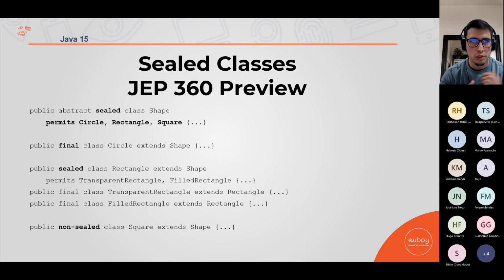So for example, if you have a switch expression that uses a sealed class and you create a new permitted class, like, I don't know, a square, and you don't have the square handled before, you get a compilation error because you have to cover the square in your switch expression, okay?